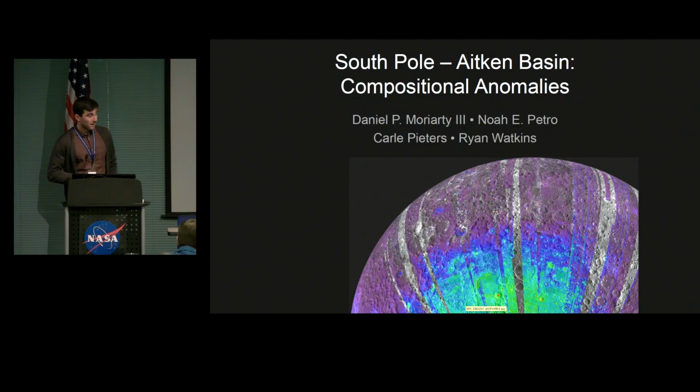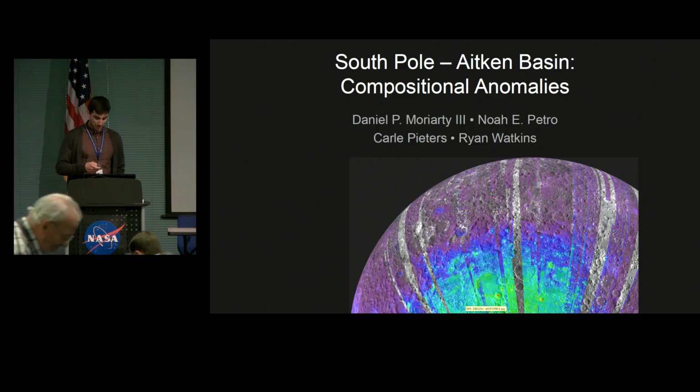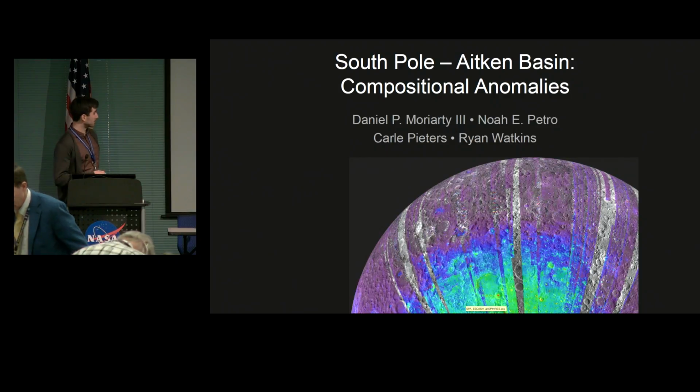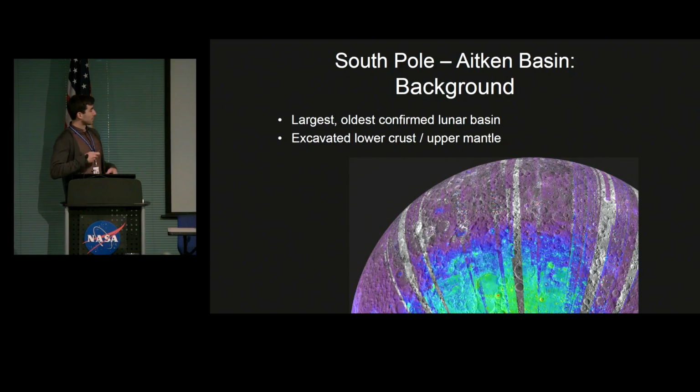All right, thank you. So today I'm going to be talking about several different compositional anomalies within the South Pole-Aitken Basin. I'm sure most people in the room are pretty familiar with SPA, but just in case you're not, it's the largest and oldest confirmed impact basin on the surface of the moon. And given its extreme size, it's modeled to have excavated and melted significant volumes of lower crust and upper mantle